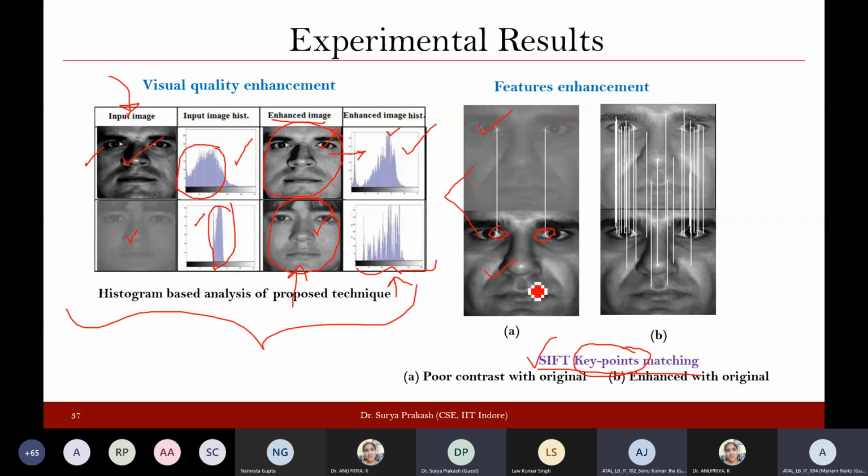Though both these images are the same, because this first image has poor contrast, we could not detect many key points there. Because of that, when we are matching with the key points from this original image, we are finding only 2 matches, right? So just to highlight that, when you are computing the SIFT key matches, you might be finding, let's say,